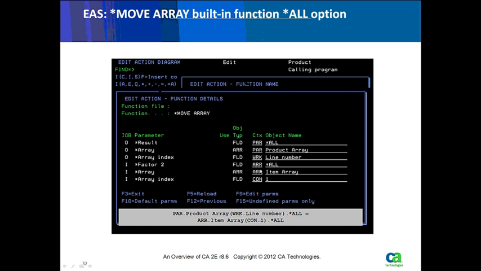And a quick example here says, okay, I want to move all the fields in the first element of the item array onto the same matching field names, if they exist, in the product array at whatever index number the work line number is. If there are any non-matching fields, they don't get copied over. So any fields which exist in the product array but don't exist in the item array aren't touched. Maybe you've already loaded values into those. And any fields which appear in the item array, the input array, but don't appear in the product array, in this case, just don't get moved across. There is no match there.